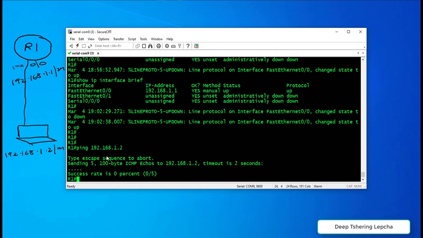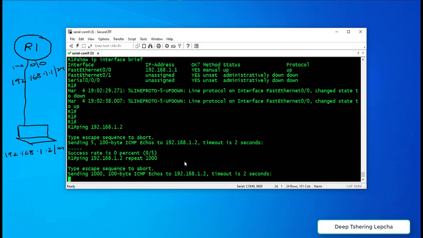So what I'm going to do is I'm going to disable the firewall of this Windows PC, that means my laptop. So what I'm going to do is ping 192.168.1.2. That means I'm pinging from router to the PC, and then I'm going to do the repeat 1,000 times. That means ping for 1,000 times, right? Hit enter. There you can see it is not working, right? So what I'm going to do is I'm going to disable the